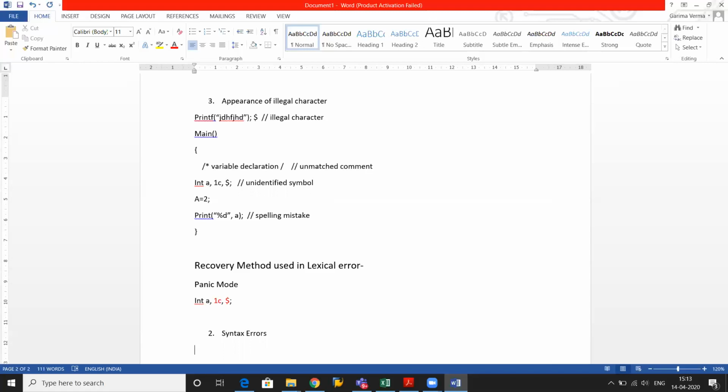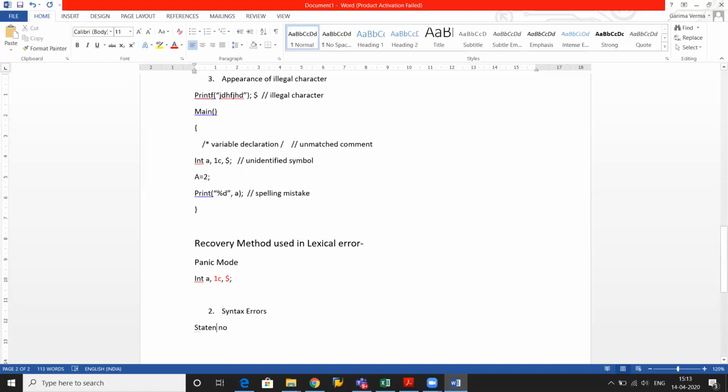Let's take one example. Suppose we are talking about the SLR parser, and we assume we start at state zero. This is the state number. After the state number, you have taken a variable a, and an operator plus, and the terminating symbol dollar, and after that you have non-terminal S and non-terminal A. Suppose this is my table. Now at state 0, under a, suppose you have written blank, and here you have written shift 2, right? And here something is written that we need not concern ourselves with. Suppose here 1 is written, here 2 is written, anything is written, right?